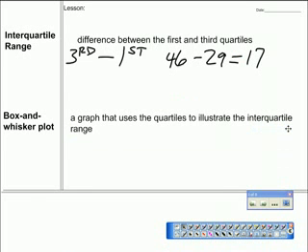Okay. A box and whisker plot is a graph that uses quartiles to illustrate the interquartile range. It just shows you on a graph how large it is from the first quartile all the way to the third. That's all it means. It sounds a lot worse than it is. It's not a disease. The interquartile range is not something that is a virus. It sounds like it, but